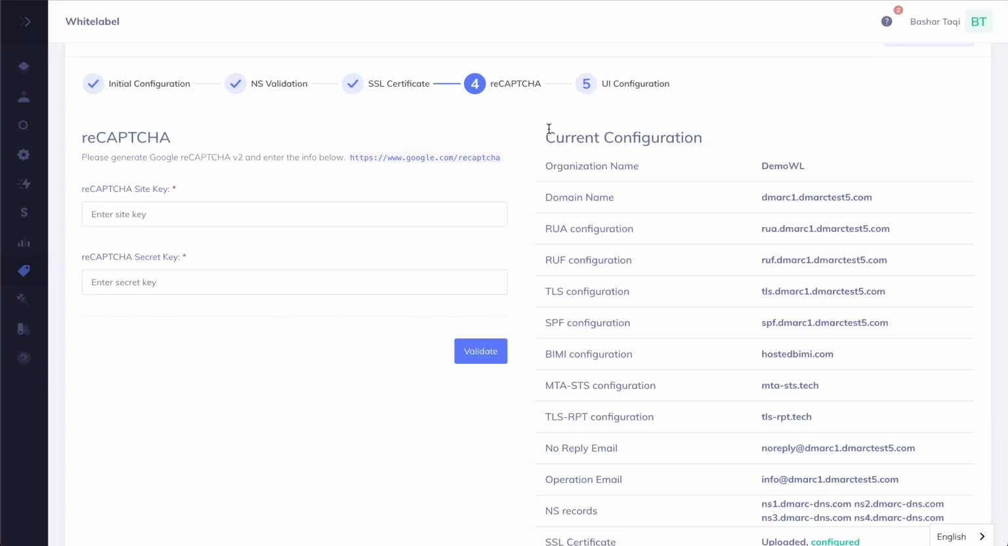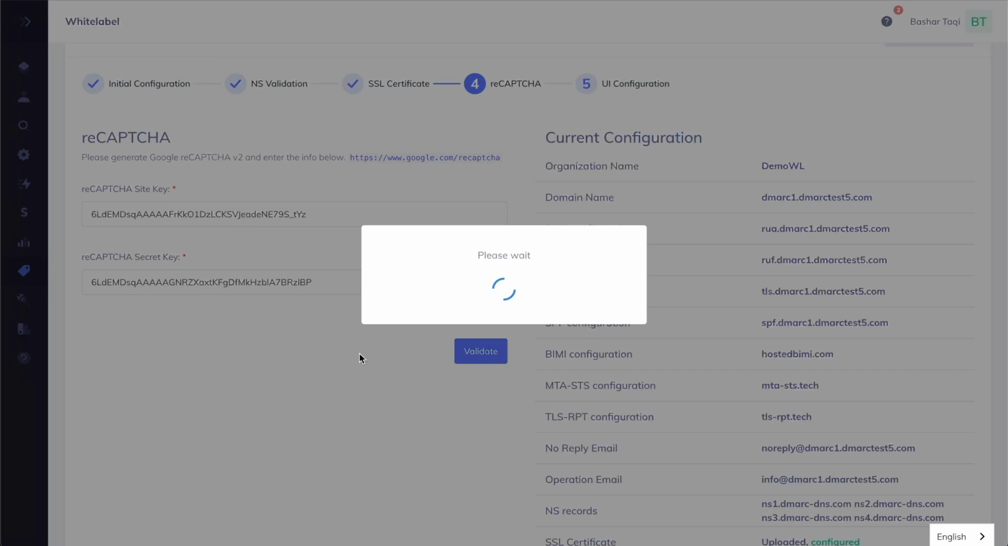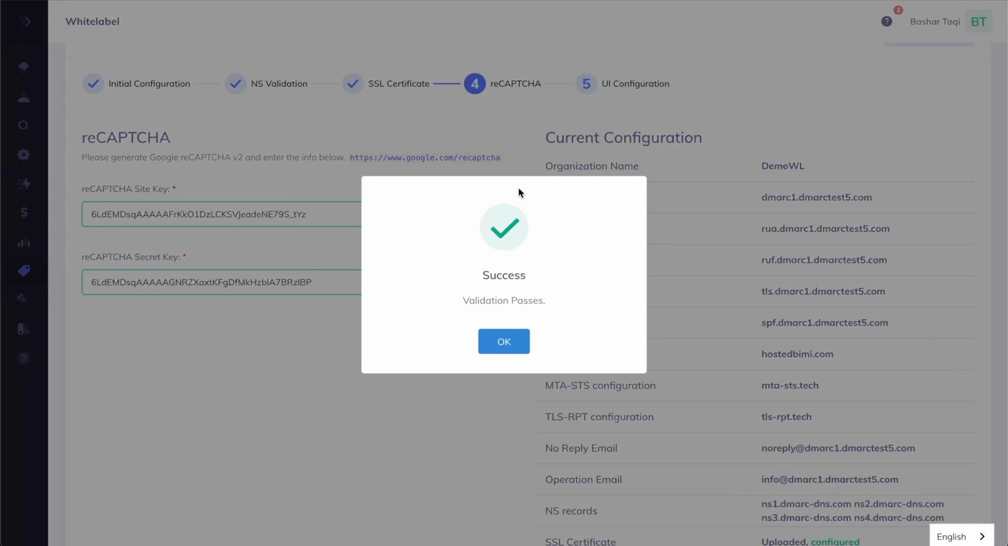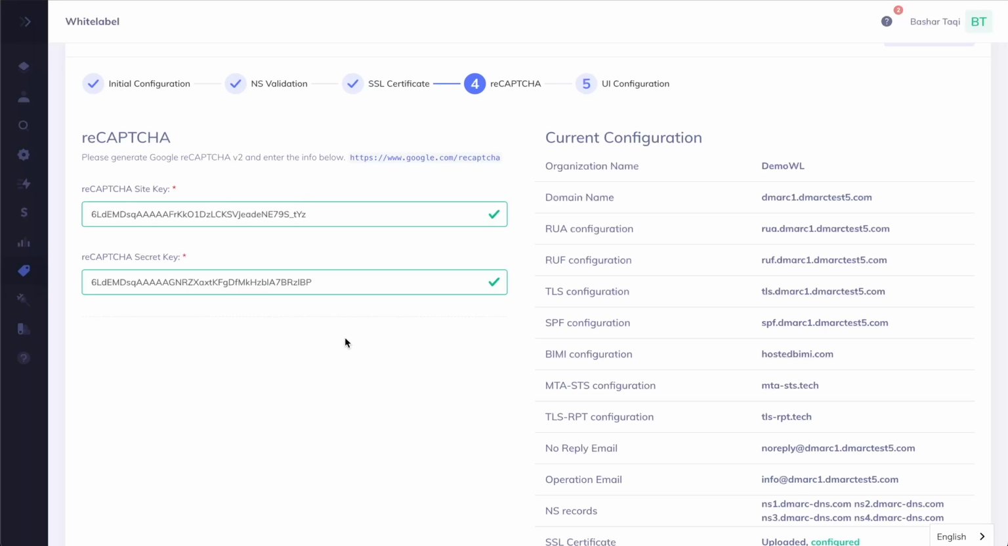The next step involves generating and publishing the reCAPTCHA site key and secret key, which you can get directly from Google's website. So I've already configured this ahead of time, so I'll just simply paste in the site key and secret key here and validate those. With this, I can now go ahead and validate this record. So I just press this button, and perfect. So this validation has passed and we can move on to the last step, which is the UI